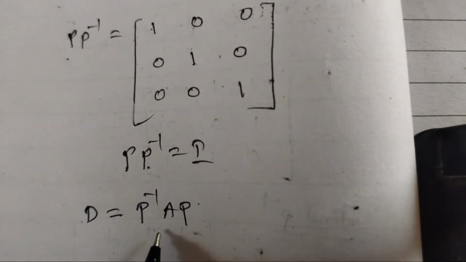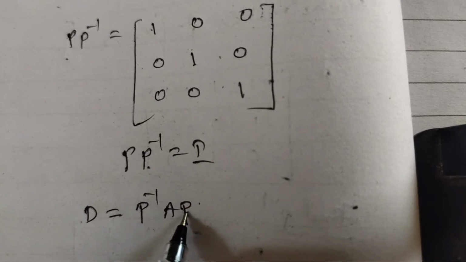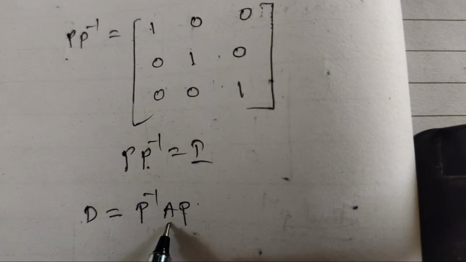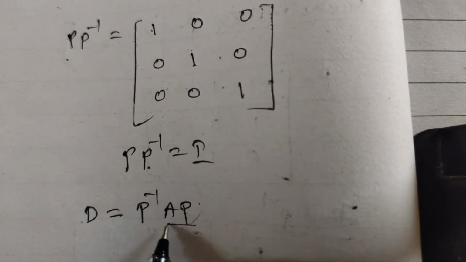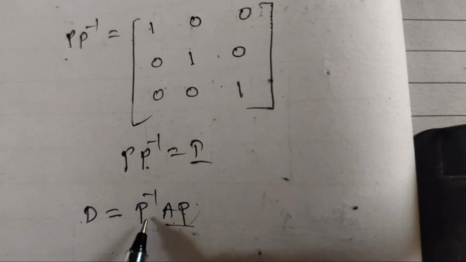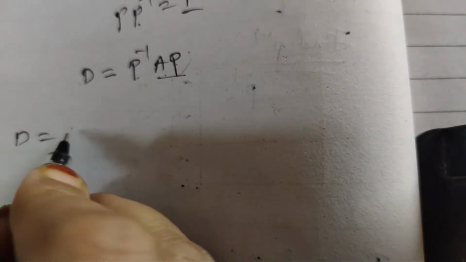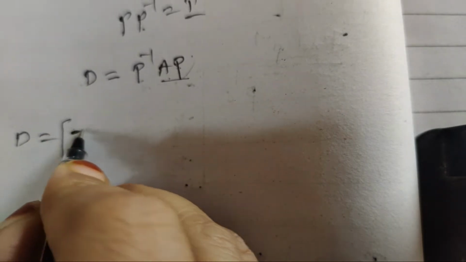And moreover, when you are doing that matrix multiplication, don't do P inverse into P equals I. No. First complete that AP. Whatever the resultant you get for the matrix multiplication of AP, then you do that resultant matrix multiplication with P inverse. That should be equal to your eigenvalues, where your D is equal to P inverse,